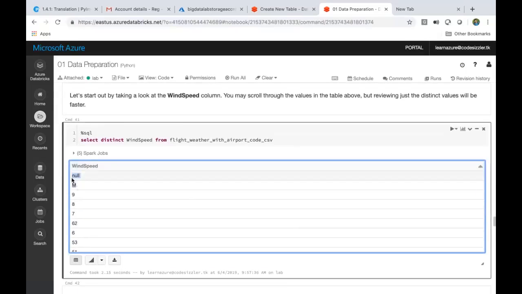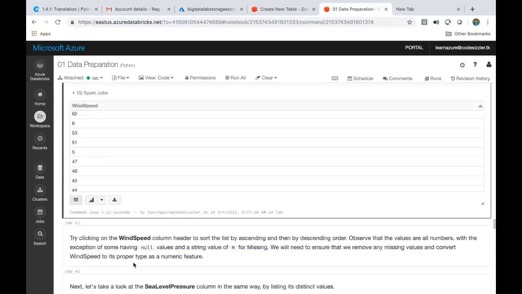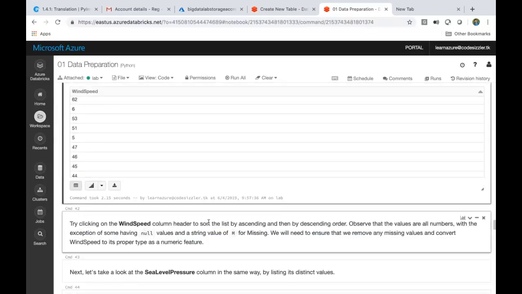These two are not expected, because these columns are numerical. Some are null values which are not mentioned, and some are marked as not known, that is M. Sorting the column header in ascending and descending order, observe that they are all numbers, with some null values as a string, and M as missing.